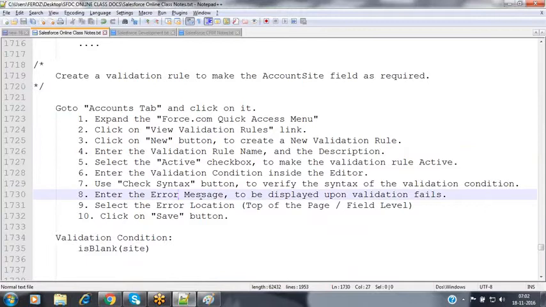Firoz, just one observation I had. See, this billing address shows as one field, but it's a collection, right? Yes, it's a collection. It's called a field set. Billing address and shipping address, and mailing address in the contact object, these are the field sets. When you double click on that field, automatically 5 fields will be visible to you. Billing address, you will have billing street, billing city, billing state, billing postal code, billing country. These are the 5 fields in the set.